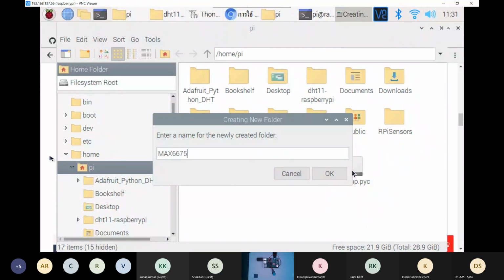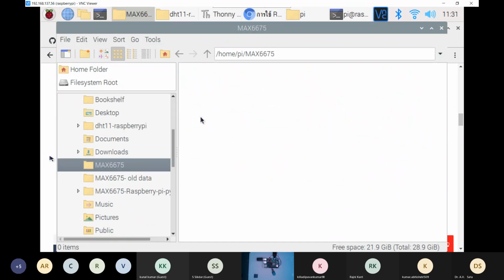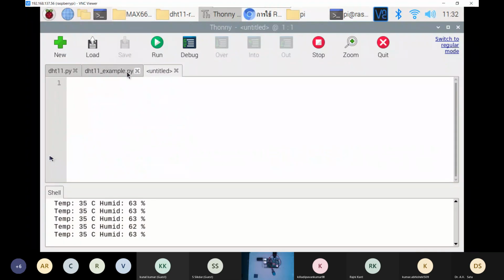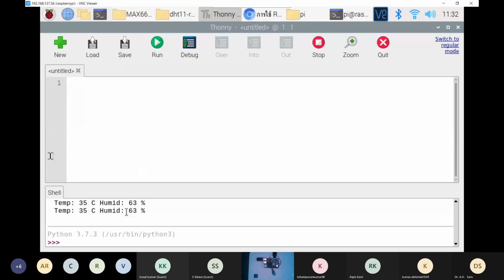So I'm creating one new folder, next6675. I'll go inside it, and then I'll open Thonny Python and create a new file. I'll just close this DHT file as we are done with that demo. I'll stop over there because the current temperature was 20 degrees Celsius and humidity 63%. So the function is running pretty fine.